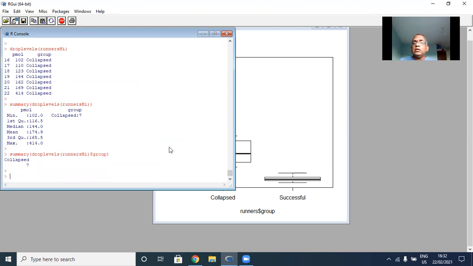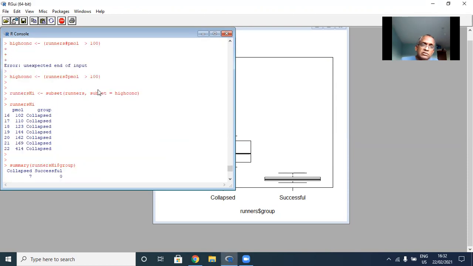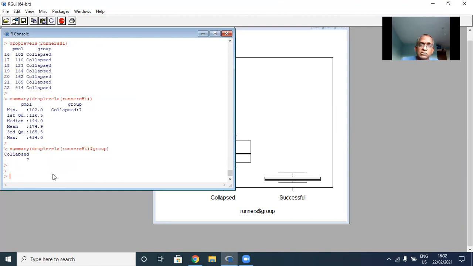So you will get only the collapsed, right? Only the collapsed, and not the successful, because in this group, all of them collapsed. None of them were successful. So after dropping the level, you see that you get only those who collapsed, because none of them were successful,